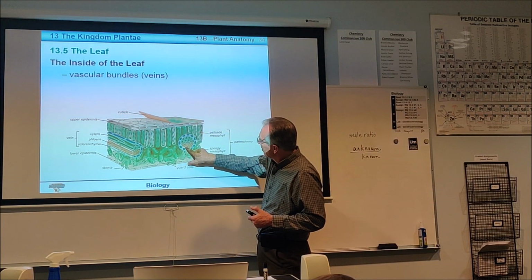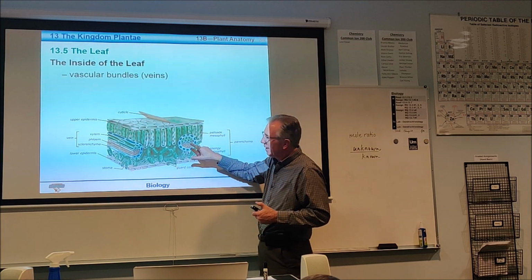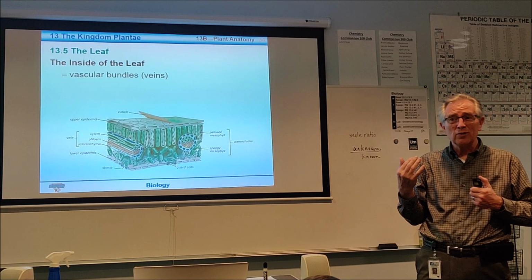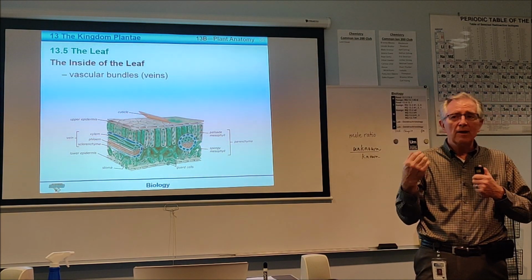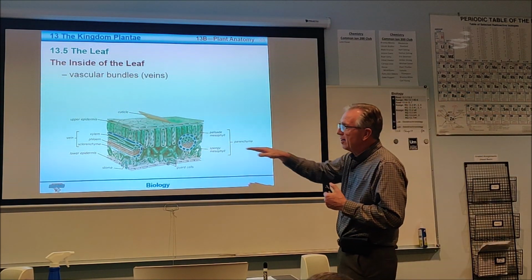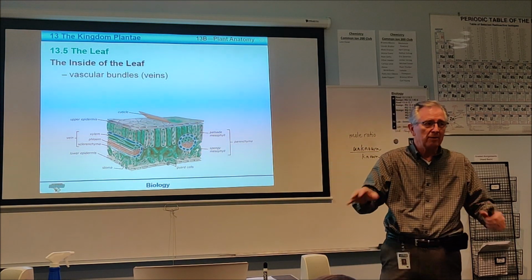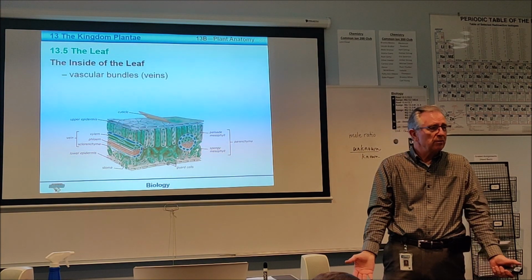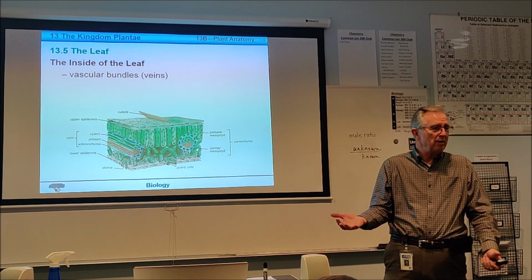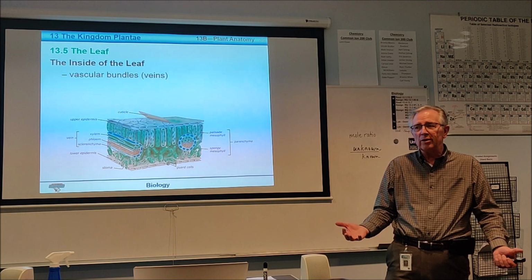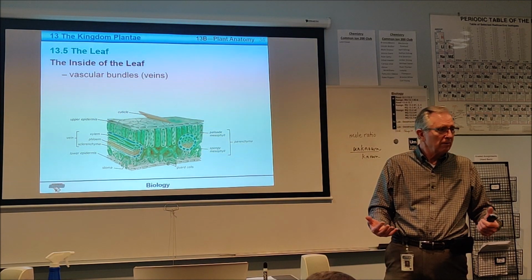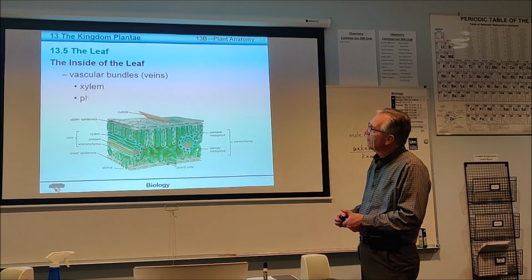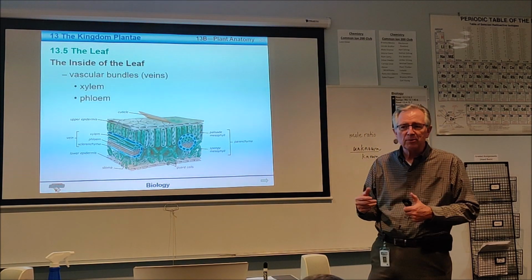And then these down at the bottom are the phloem. They carry food, like glucose that's produced by photosynthesis, glucose and water. They travel the other direction to nourish other parts of the plant. Most of the time it's headed downward toward the roots, and what's not used up along the way gets stored in the roots. Long-term storage like starch and things like that. So xylem and phloem are the two types of vascular